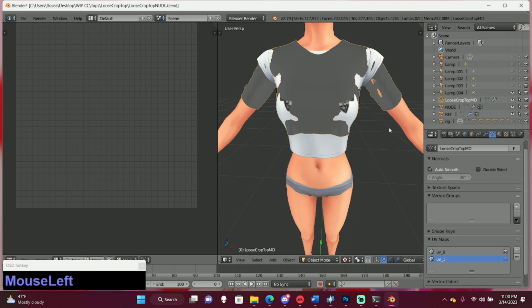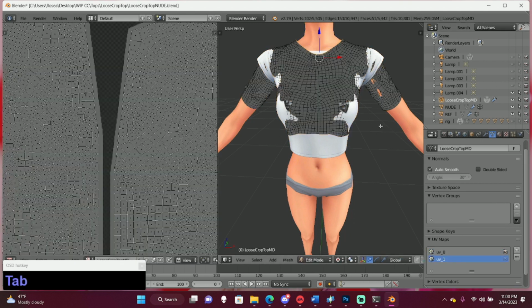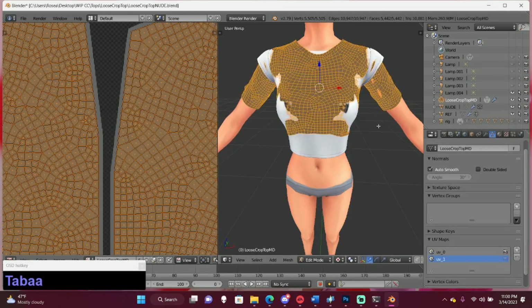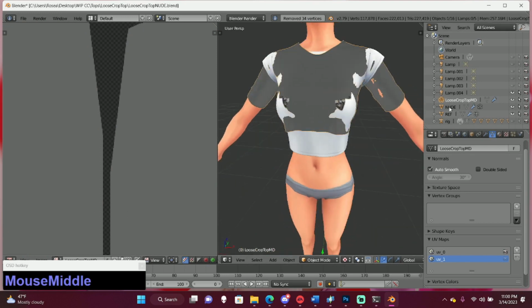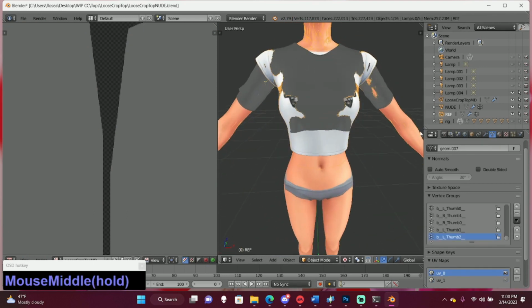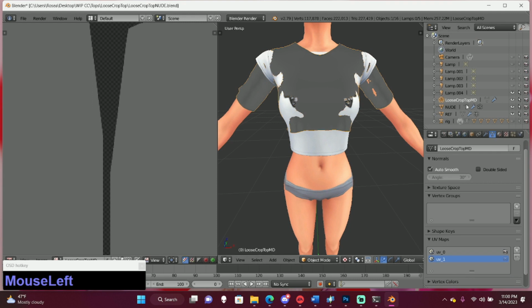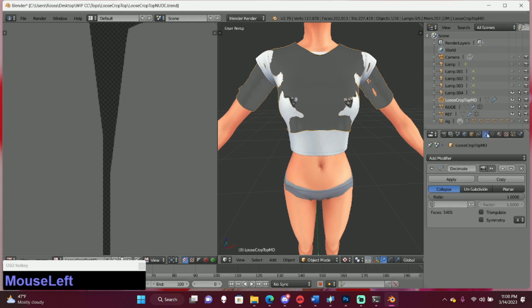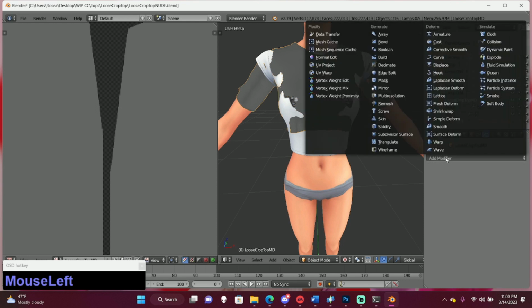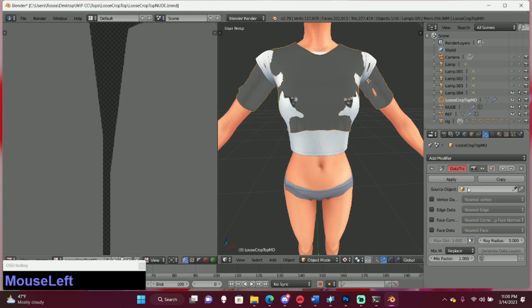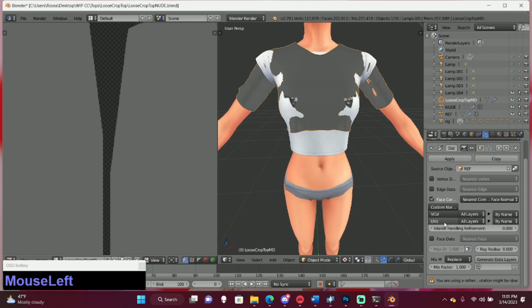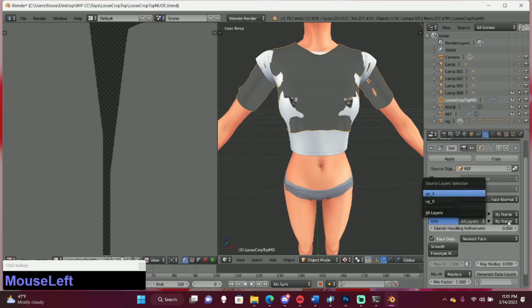Another thing we're going to do is go back to our mesh, press Tab and A, W, or remove doubles. Okay, back on our reference, on our regular shirt, click it, click the wrench and then click Add Modifier, Data Transfer. Source Object Reference, check this box, UVs, UV1, UV1.